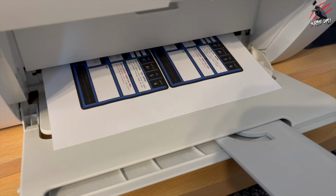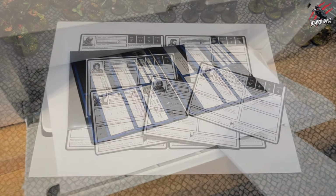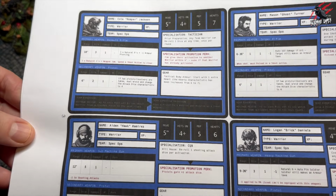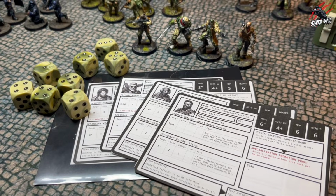Building a team from scratch can take time, but what if you could skip straight to the action? I've created a free PDF for Rogue Warriors with pre-built teams so you can start playing in minutes. Whether you're new to the game or you want to introduce some new players, then this is going to be